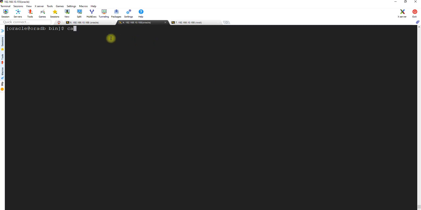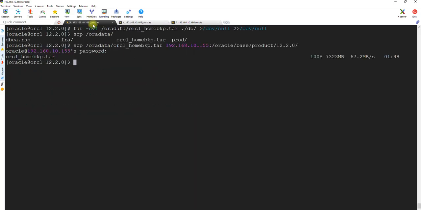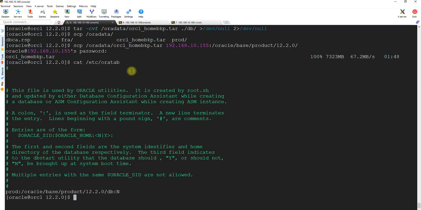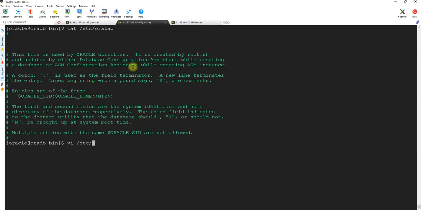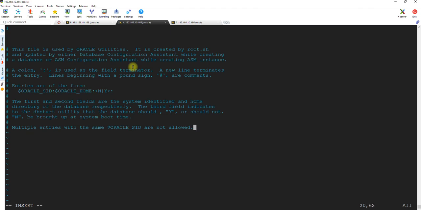So let me check cat /etc/oratab if anything is there. So nothing is there. So what you need to do is go to the primary server, cat the oratab, and copy the details from there and just change the entries. Okay, so copy everything from here, vi /etc/oratab. Let me show you what I'm trying to say. You paste it here